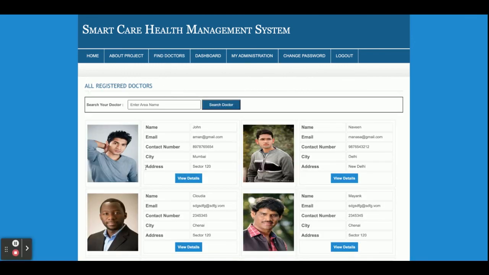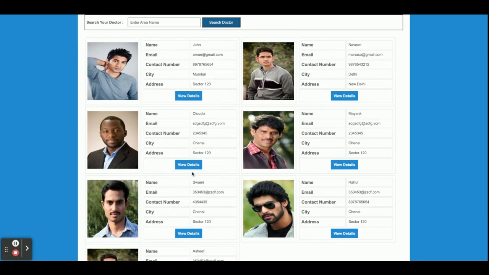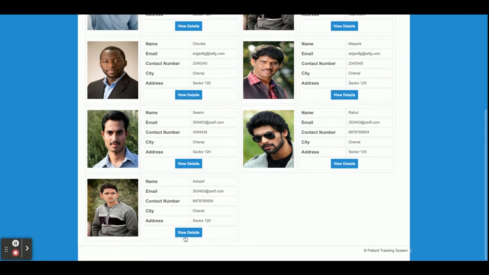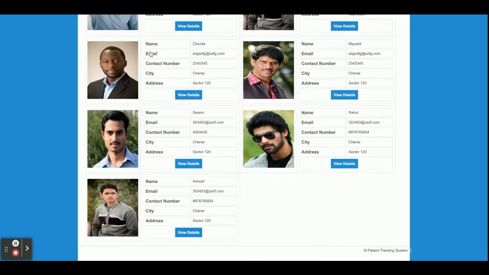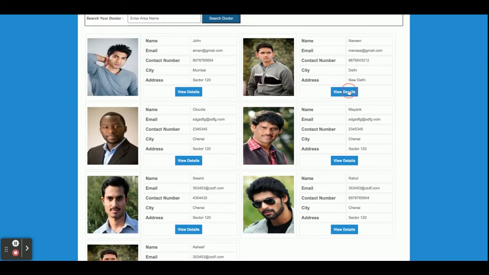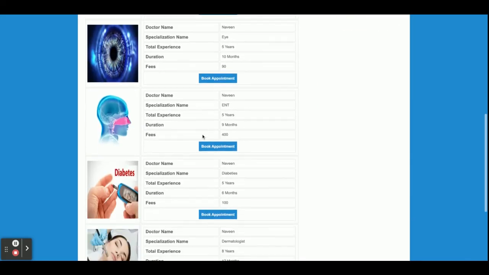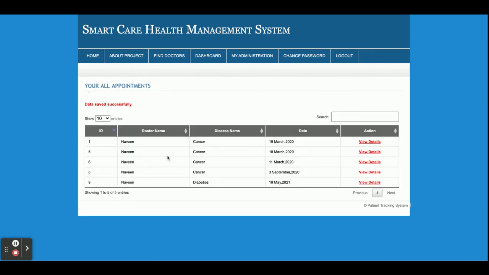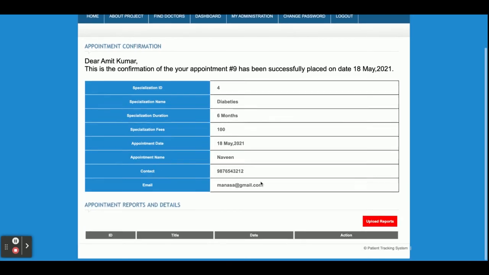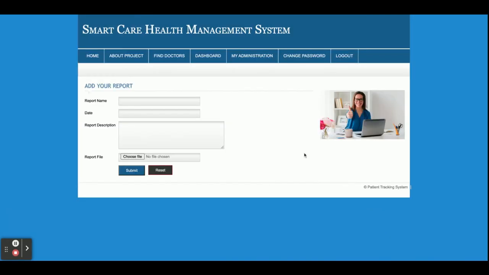Now I am going to book the appointment of the doctor. Suppose I select this one, so there is no specification, right? This one here. So this diabetic appointment, select date. Once you click on Book the Appointment, then the appointment has been booked for 18th May. If you want to see the details, then you can see the details